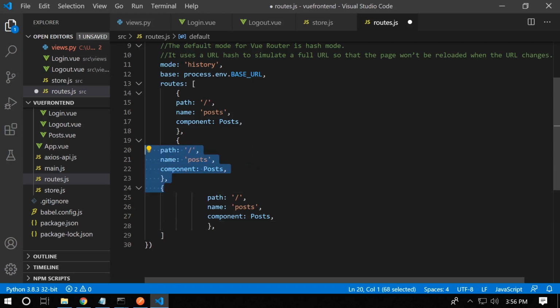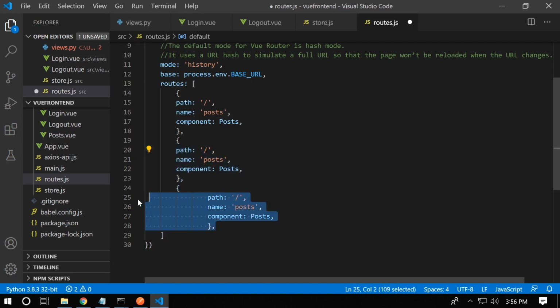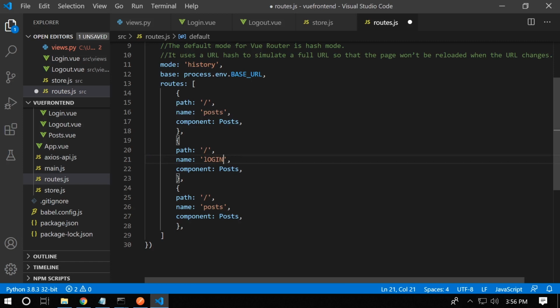And now we just need to rename these. So one's obviously going to be called login without capitals, and then we need logout. So we've done that. So just make sure you've updated the path, logout,